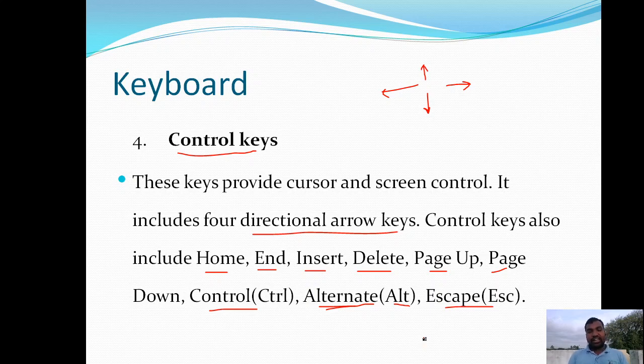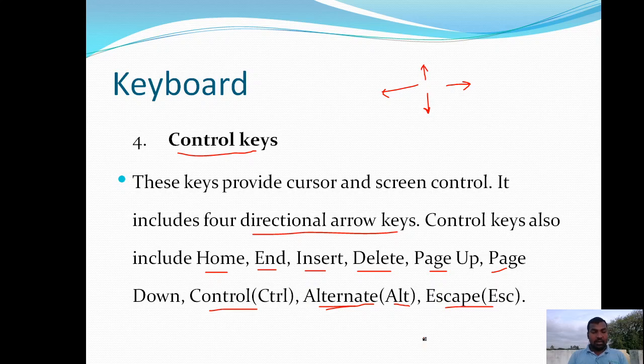We use the delete key to delete data, files and folders, etc. And the page up and page down keys we use to navigate towards the top or bottom of the document. The control and alternate keys are used along with other keys in combination to perform various operations.